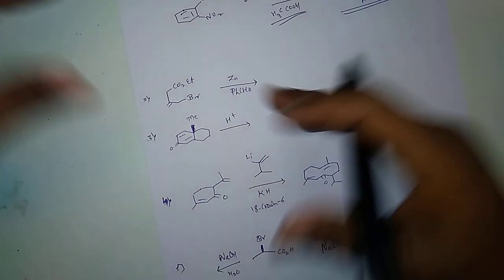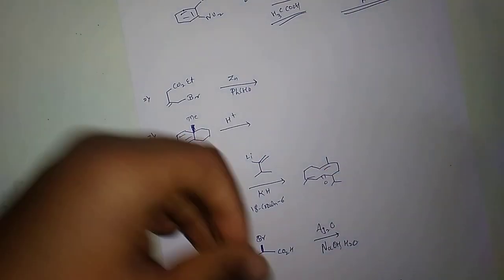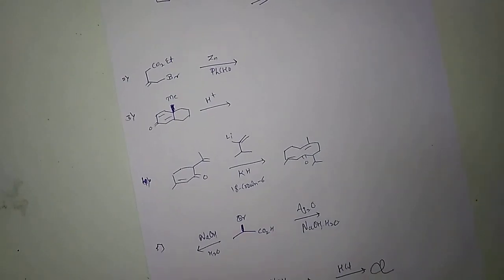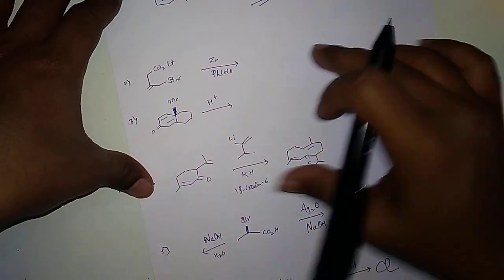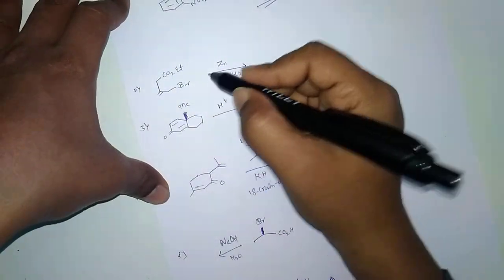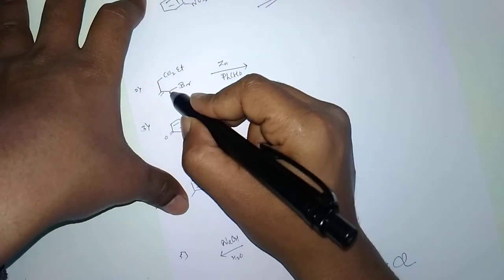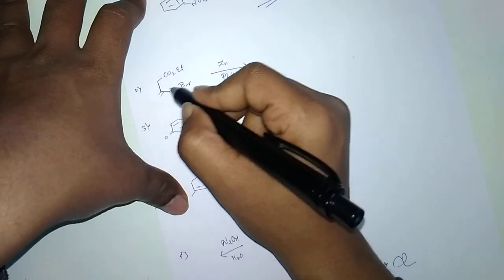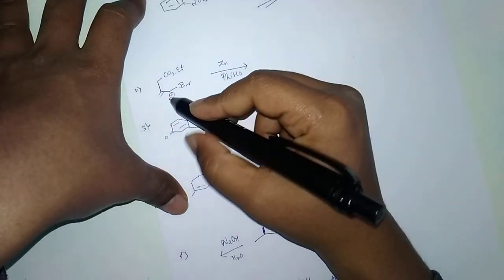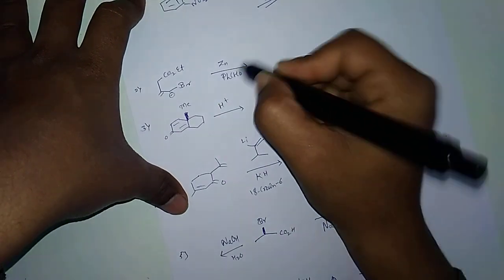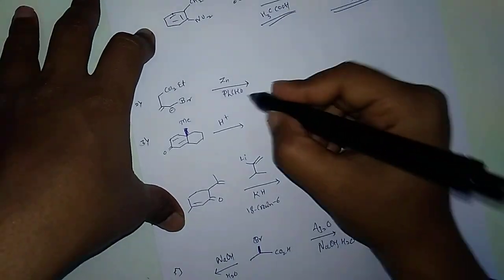Okay, so next we have one more simple example. I got new questions today, so I'm immediately bringing them to you. This is a very simple case where your zinc inserts between C and Br, which makes this an anion, and that would now attack the carbonyl of your benzaldehyde, forming,